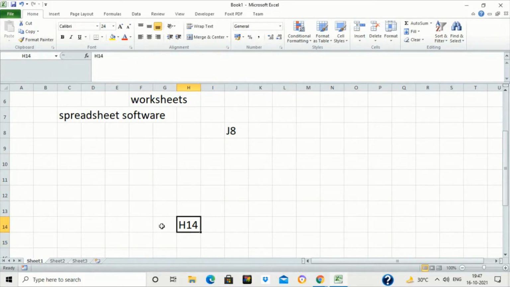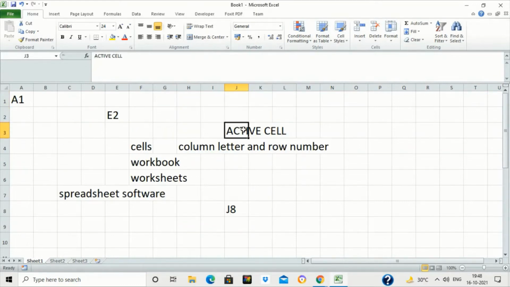We never call it 14H or 8J. We always write the column letter first and then the row number.